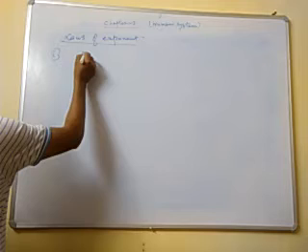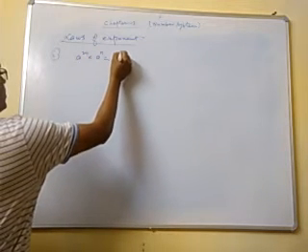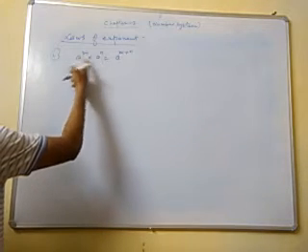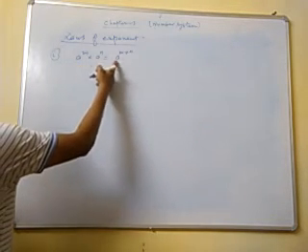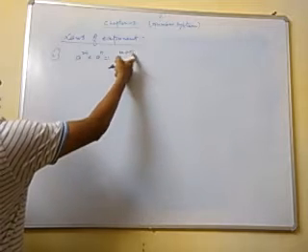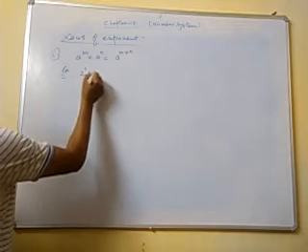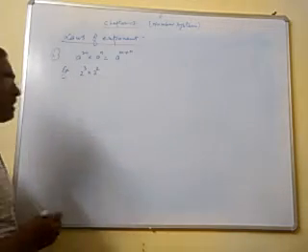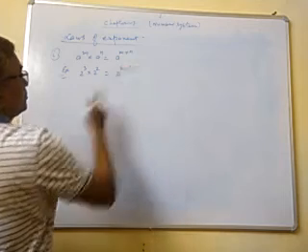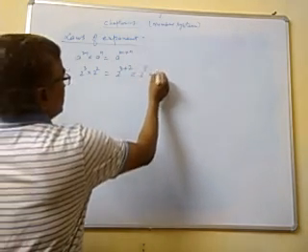a^m × a^n = a^(m+n). Here the bases are equal, and if you are multiplying, then on the right-hand side a single base will be there and the exponents will be added. See the example: 2^3 × 2^2. The bases are equal, so multiply: 2^(3+2), as per this law. We'll get 2^5, that is 32.